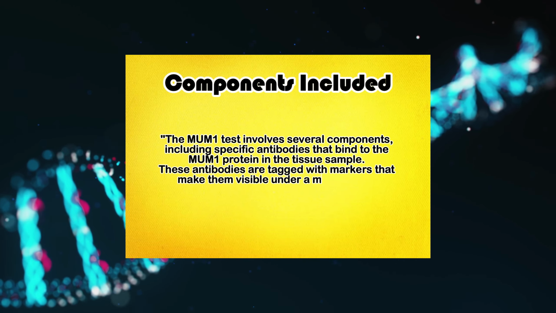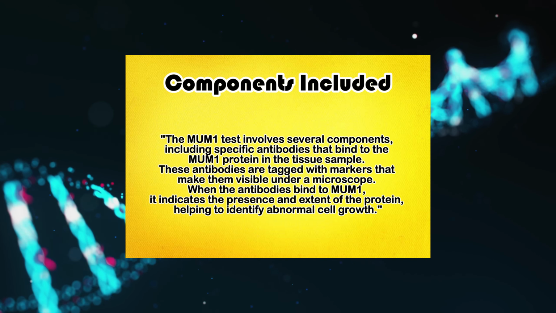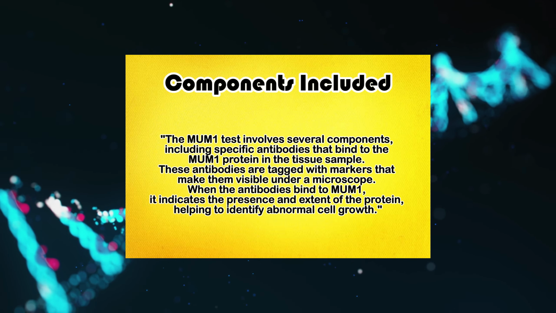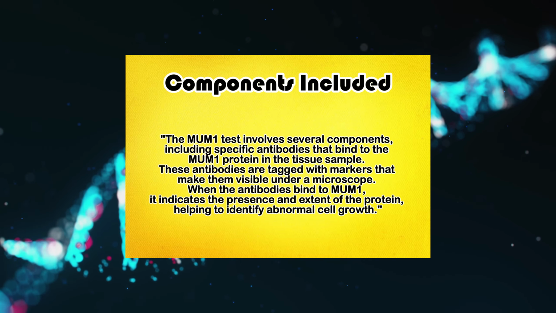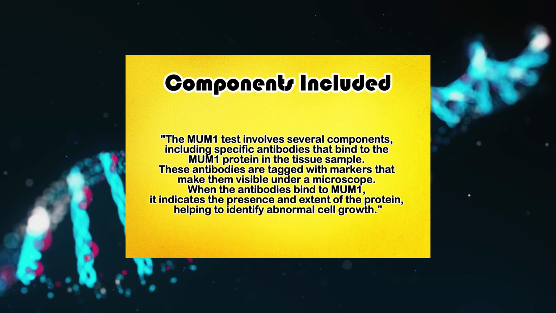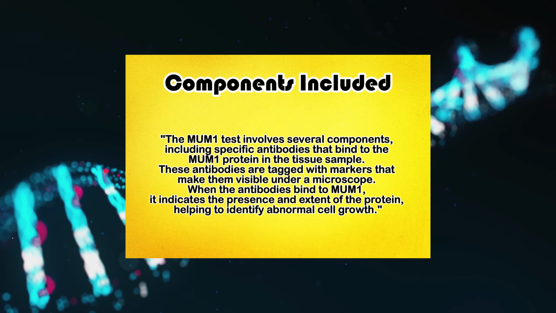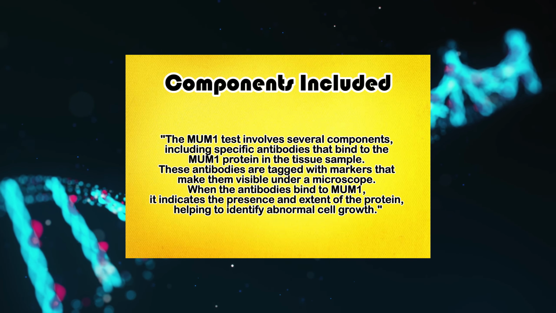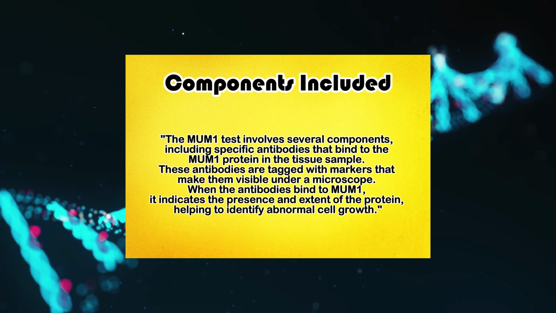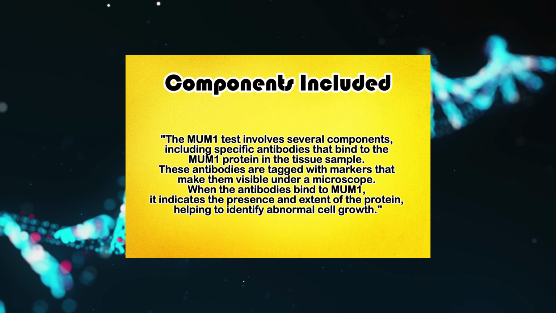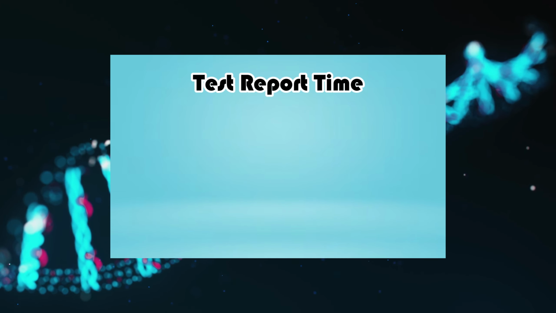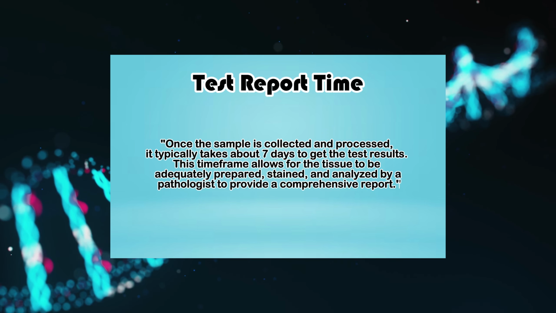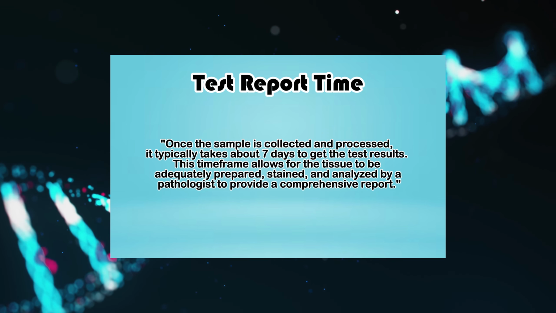The MUM1 test involves several components, including specific antibodies that bind to the MUM1 protein in the tissue sample. These antibodies are tagged with markers that make them visible under a microscope. When the antibodies bind to MUM1, it indicates the presence and extent of the protein, helping to identify abnormal cell growth. Test report time. Once the sample is collected and processed, it typically takes about 7 days to get the